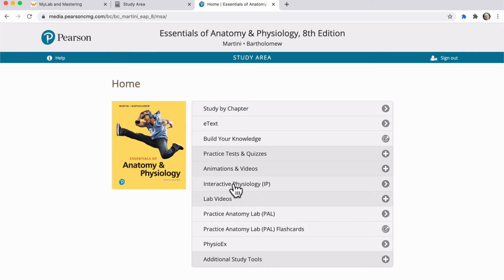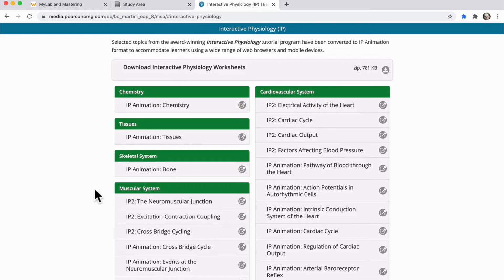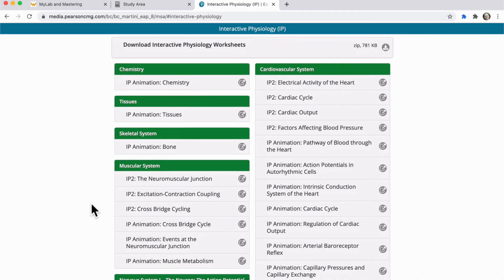You also have interactive physiology. This used to be a standalone CD or DVD that would come with the textbook, and there are interactive physiology activities under various topics: chemistry, tissues, skeletal system, muscular system, and so on. We will not use or address all of these issues in the course, but I find some of these to